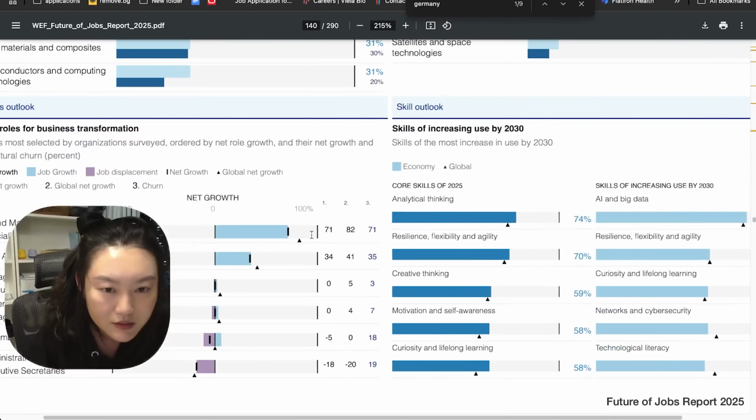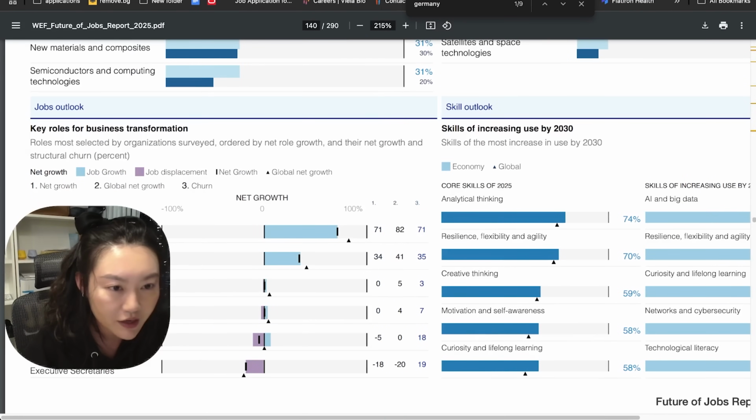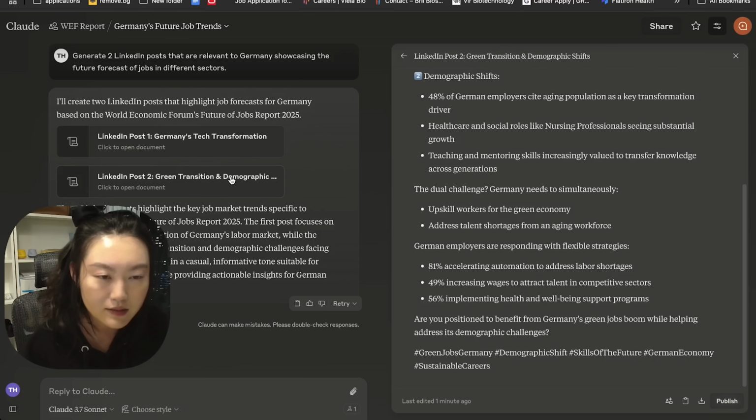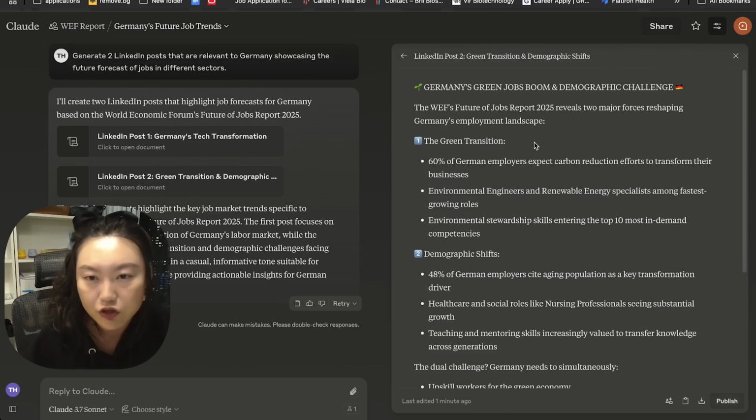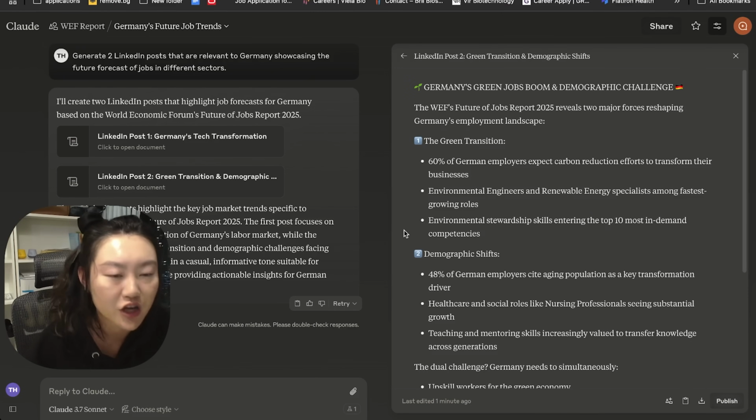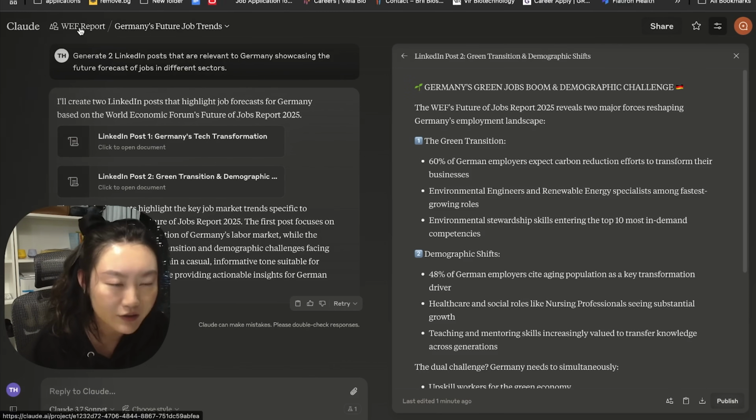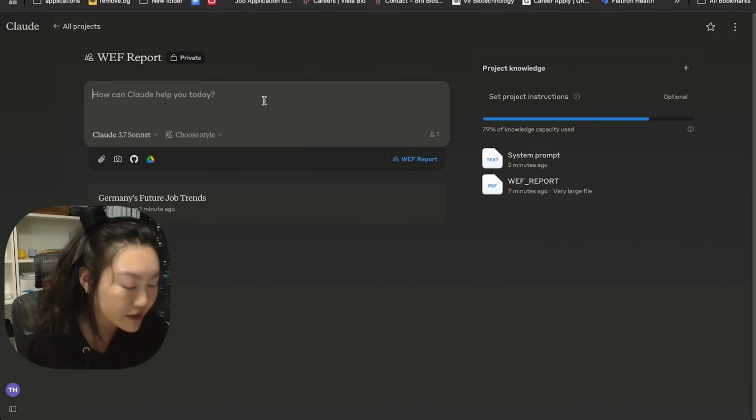And yes, it is 71% for AI and machine learning specialists. And the second LinkedIn post over here is Germany's green jobs boom and demographic challenge. So great. We have Germany over here, but say we want to do something a little bit different for the